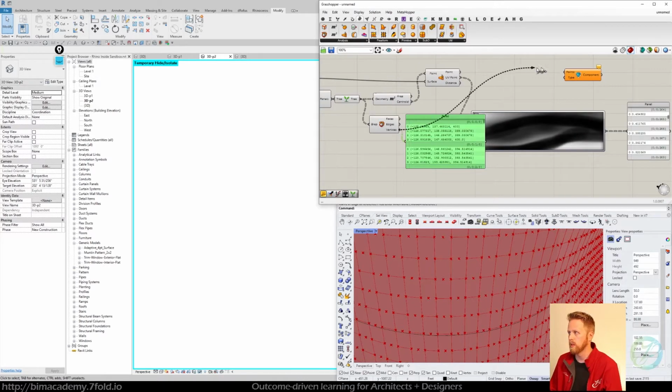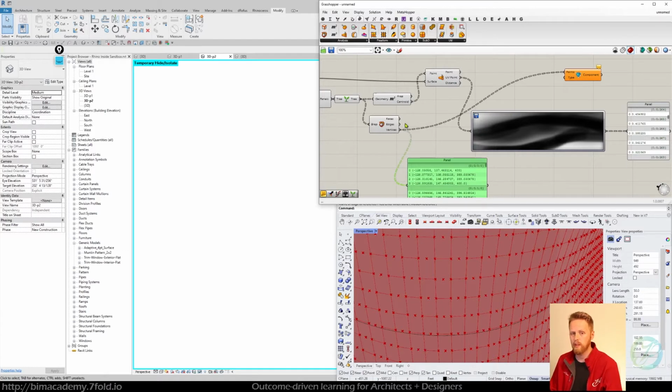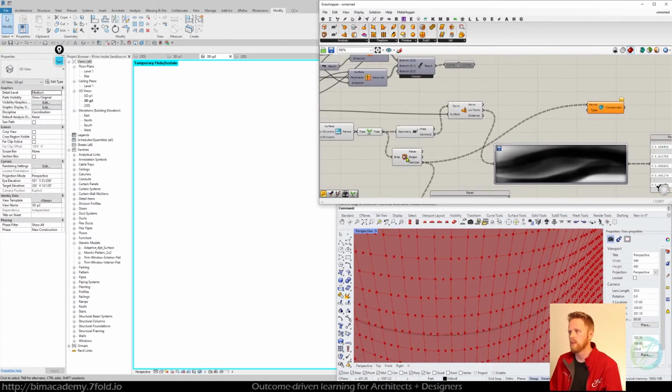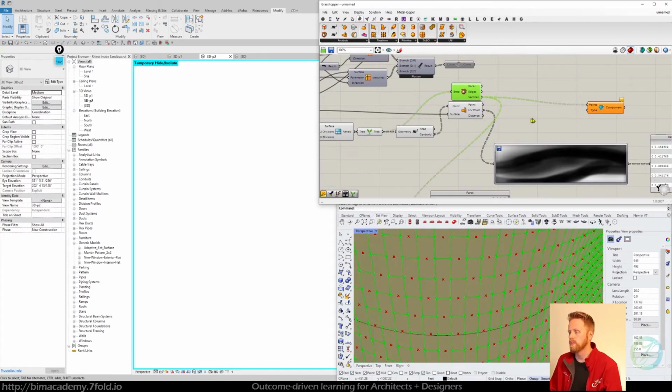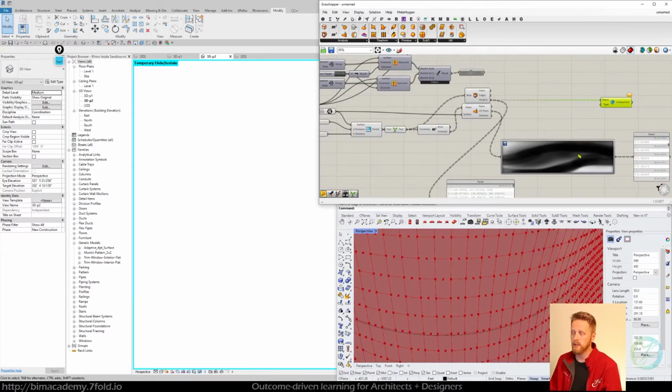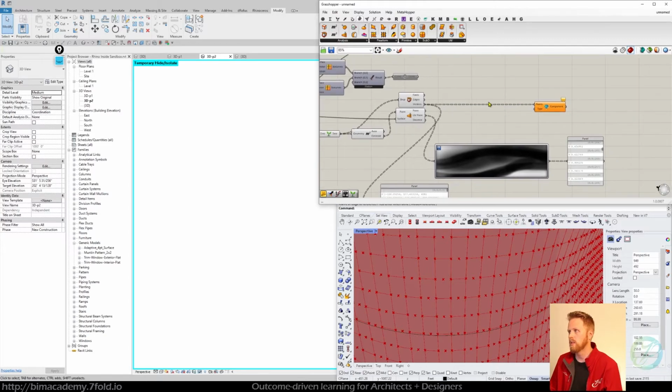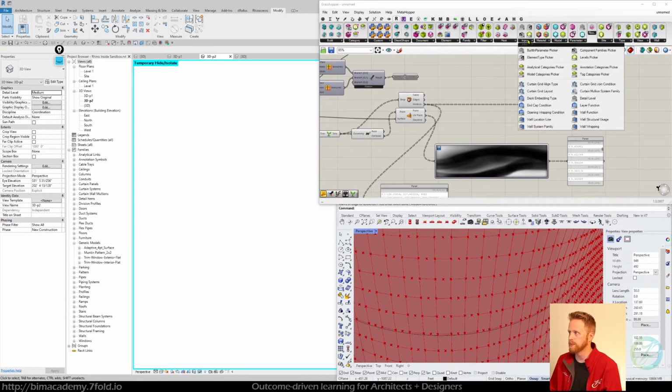Eventually, this is going to go right into points up here, but now we just need to figure out how to set our type. All right. So for simplicity, if you wanted to just add a single type in and not worry about these 3 different types, the way to do that is just go to the Revit tab, go to Input, go to Model Categories Picker,